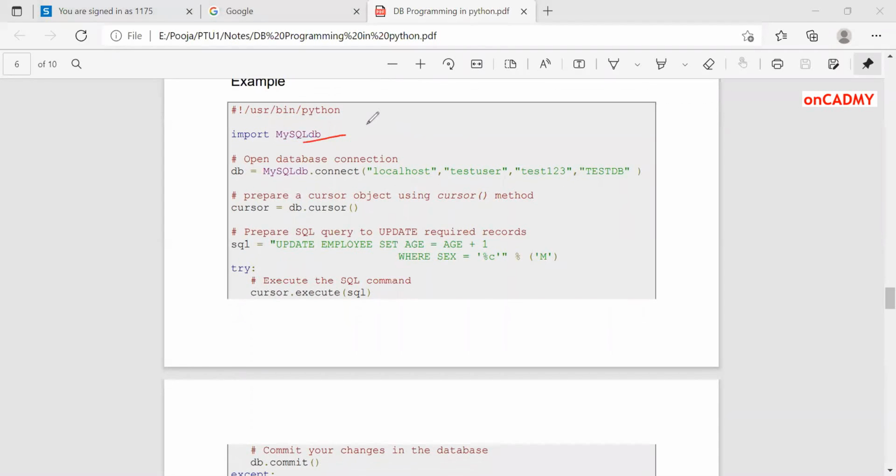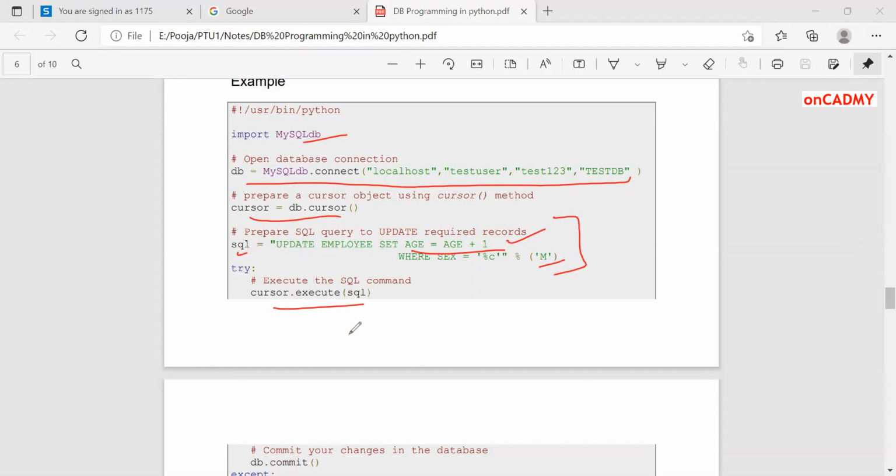First of all, we'll import MySQLdb. Then we'll write this connect statement as we have done in previous programs. Then we'll create the cursor, and then the SQL query will be written as, this is the main statement, update employee set age is equal to age plus 1, where sex is equal to 'M'. That means the age is increased by 1 year where gender is M. Okay, and in the try block we'll write cursor.execute(sql) and then db.commit().